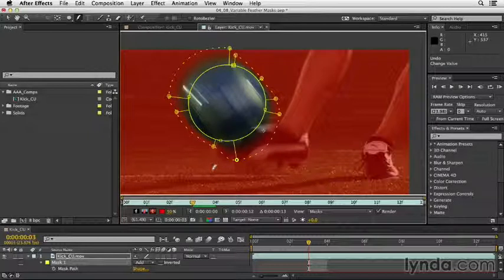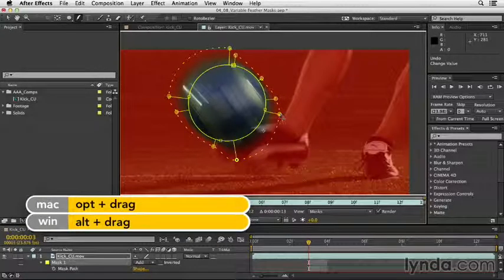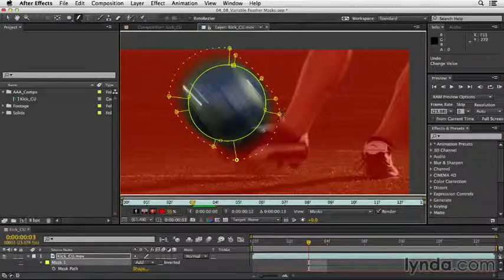Now, we've covered how to change a hold. We've covered how to move multiple handles for our feather. We've covered how to feather one whole segment. There's one more adjustment that we can do. If I hover over a handle, I can hold down the Option key on the Mac or Alt on Windows. This will adjust the tension around this point. If you click and drag towards the mask, it'll tighten up the tension,